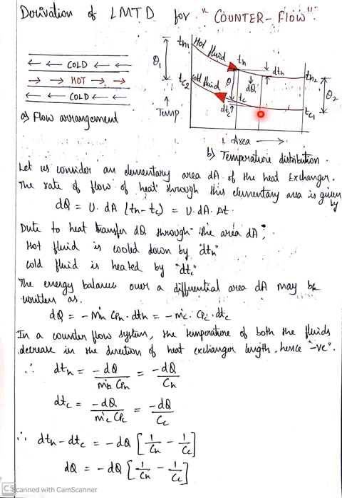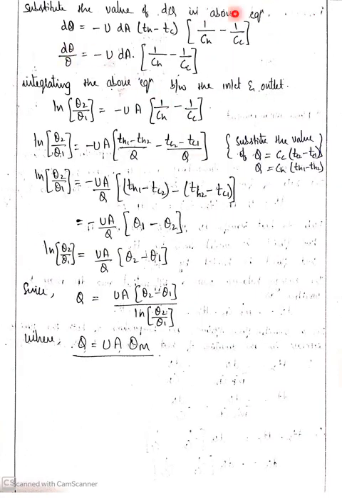With a similar procedure as parallel flow, we have to consider the elemental area. There the temperature difference remains the same, UA delta T. Here you have to take negative signs because heat is released by the hot fluid. Similarly, if you take delta H and delta C and then take the difference of these two, again take dQ common. The procedure remains the same with respect to all the formulas. Just substitute and integrate, and you will get ln theta. If you rearrange these equations, you have to take care in this step.